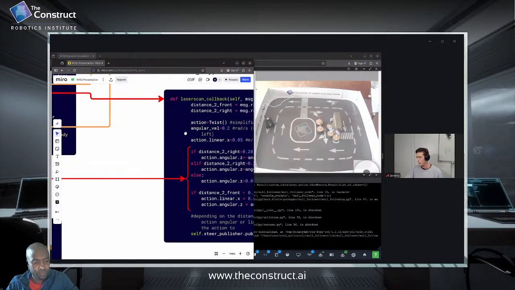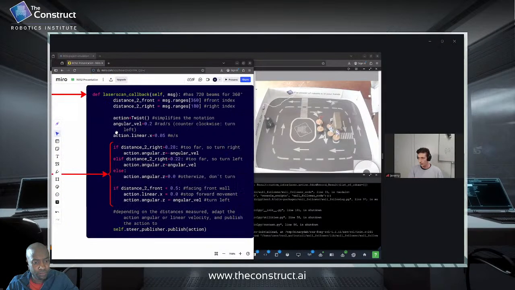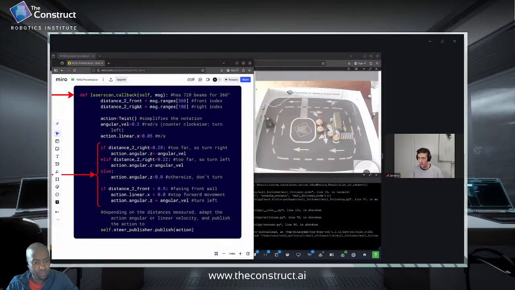So what I decided to do was play and tweak a bit to find out how the laser scan properly works. I realized that each message had a total of 720 beams, called indexes, and I had to arbitrarily find out which one was the front and which one was the right. So for a total of 720 beams for 360 degrees,